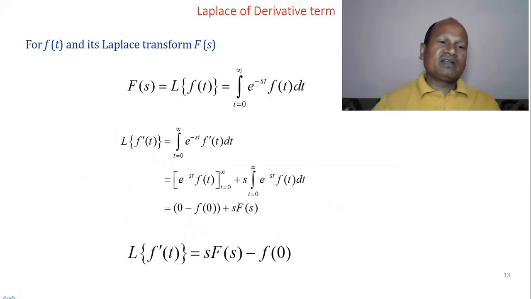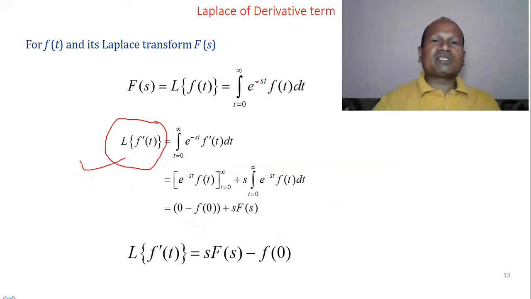When we want to calculate the Laplace transform of this, in place of f(t) we will write f dash t. Now let us consider the first term and second term and solve by integration by parts. Here e to the power minus st is the first function. Integration of the second will give you f(t), that is, integration of a derivative is the function itself. Similarly, the differentiation of the first is minus s e to the power minus st, and then again the integration is f(t). And the minus sign is already there, so this minus minus becomes plus.